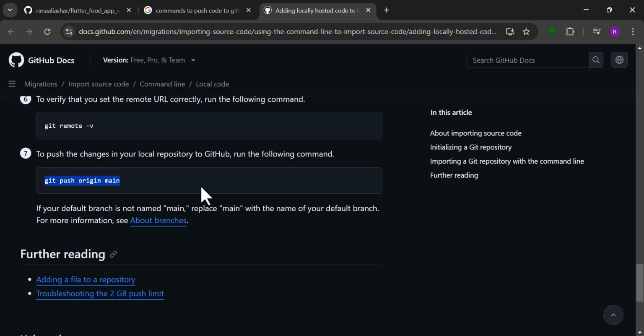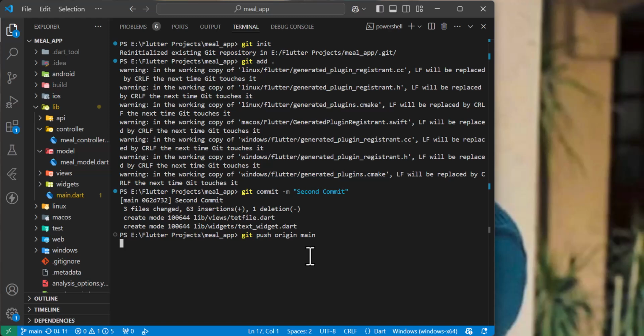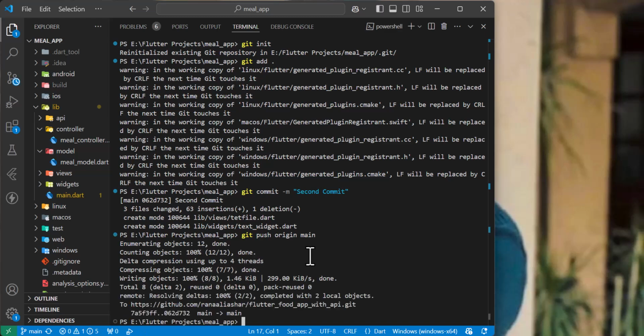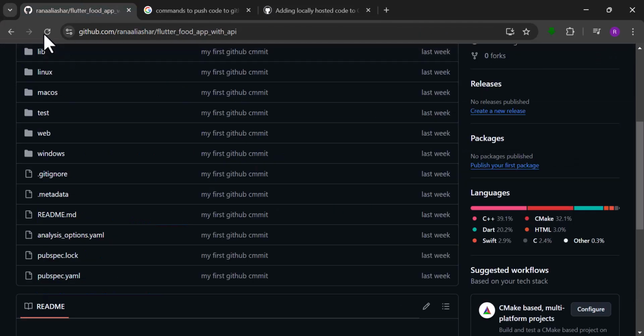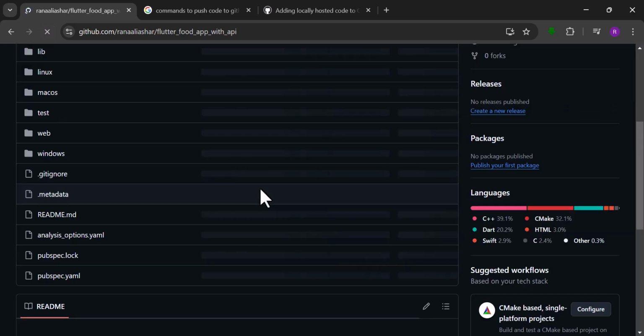So this is going to be our last command. So let's wait for it. You can see this is done, and if I go there and now refresh it,